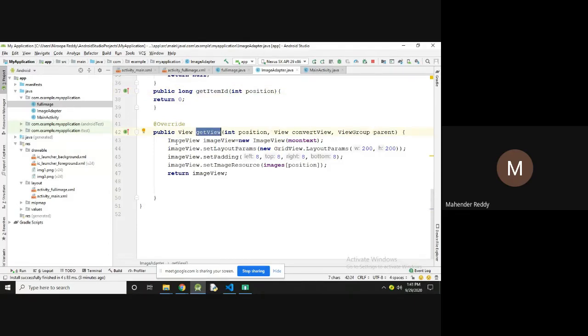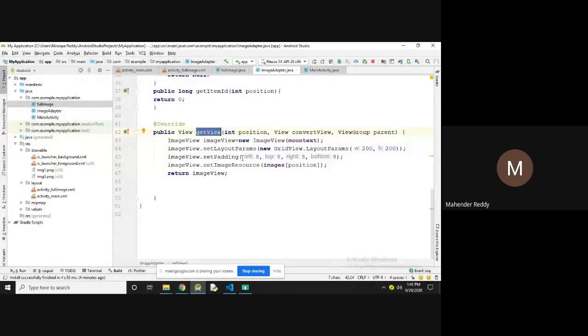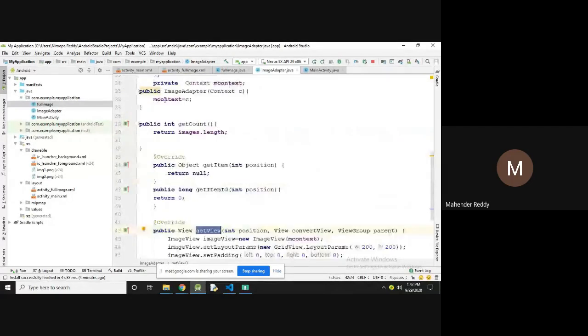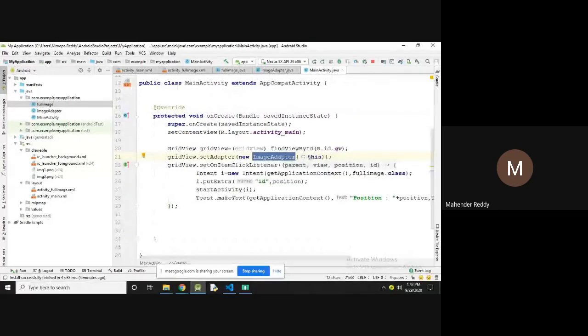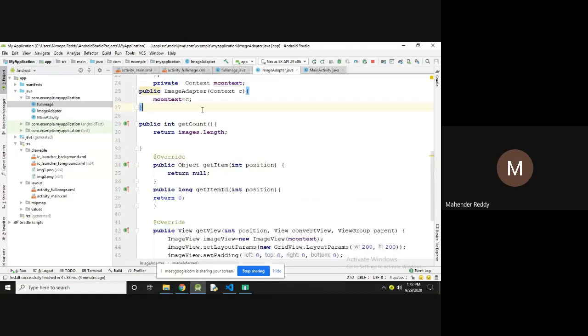For that, I'm going to create the images I'm going to display on the layout. Now this context, mContext, is this. So mContext is equal to this, which comes from here. Here I specified the constructor parameter as the argument this. So ImageAdapter(this), so that context c is equal to this.